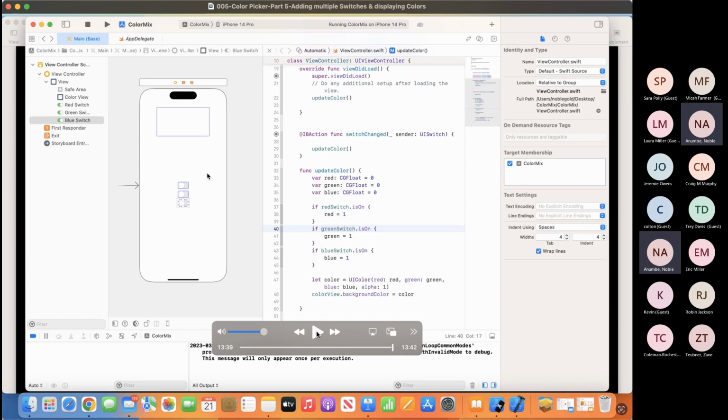Each of the numbers between 0 and 255 gives you a different shade of that color. CGFloat creates the opportunity for you to numerically represent colors, and that's what it actually does. It is specifically designed for graphics by